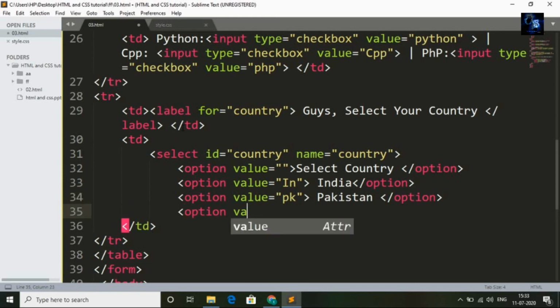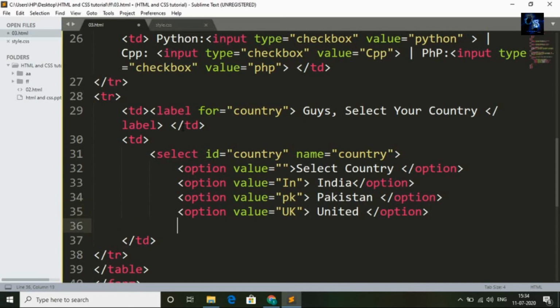Option value equal to UK, United. And some other country names I will add. Option value. Now I will add Canada equal to CA, Canada.